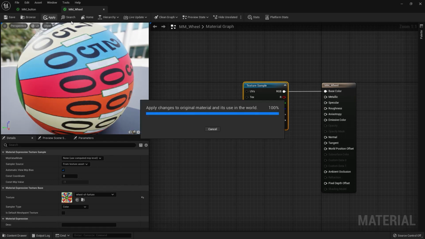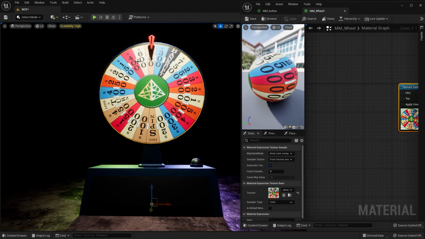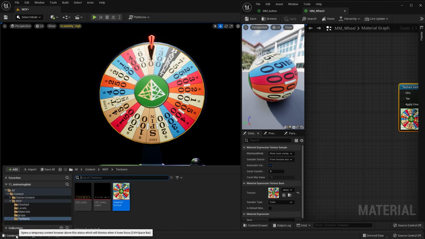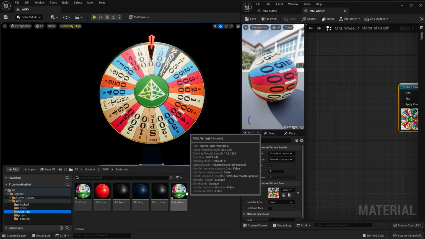I'm going to apply that. And if I minimize, you can see the sort of Wheel of Fortune texture has been applied to the material. And again, we're not looking at the master material here, we're looking at the instance. So keep reminding yourself that the instance is the one that I'm looking at, but it's identical to the master